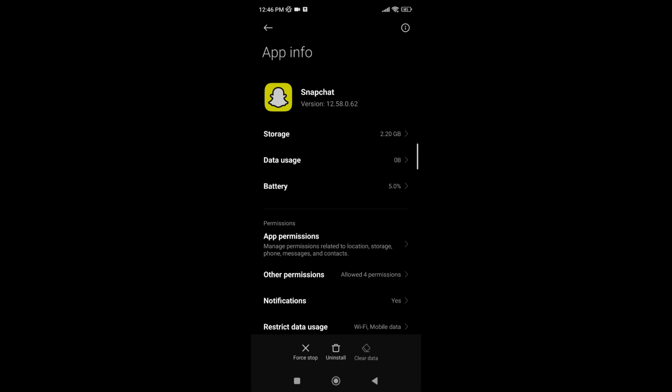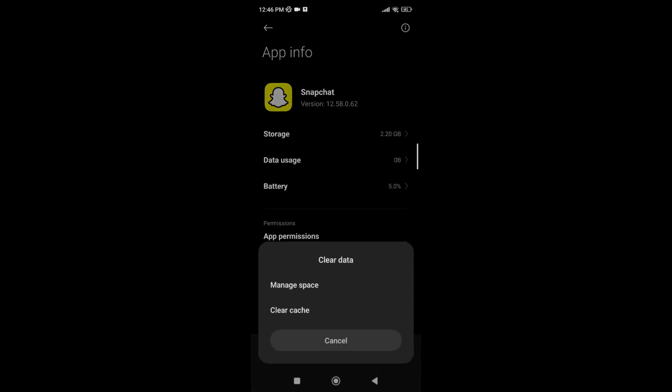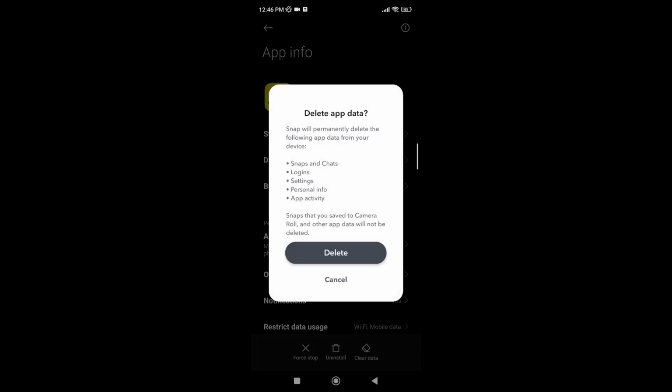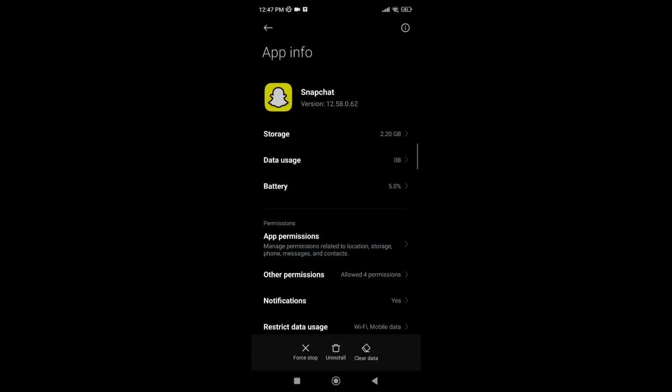For that, you simply tap on clear data again. You'll have the option either to clear all data or to manage space. If you tap on it, then you'll be given this pop-up. However, this will delete all your app's data, so if you do not want that to happen, then you can